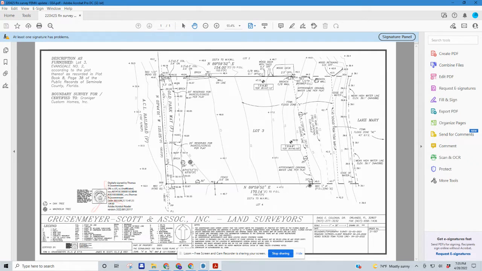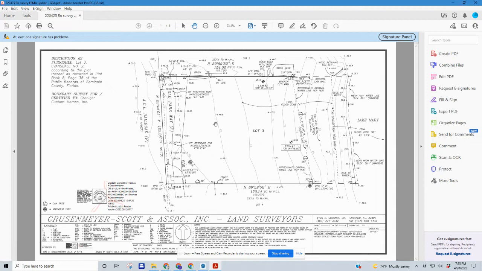So anyhow, you have the property itself, and these additional lines are topographic lines, and what they do is they follow the contour of the property as it slopes down towards the lake. They each have an elevation on them that helps us establish the slope of the property. The surveyor has also located the large trees on the property so that we can make sure that we design